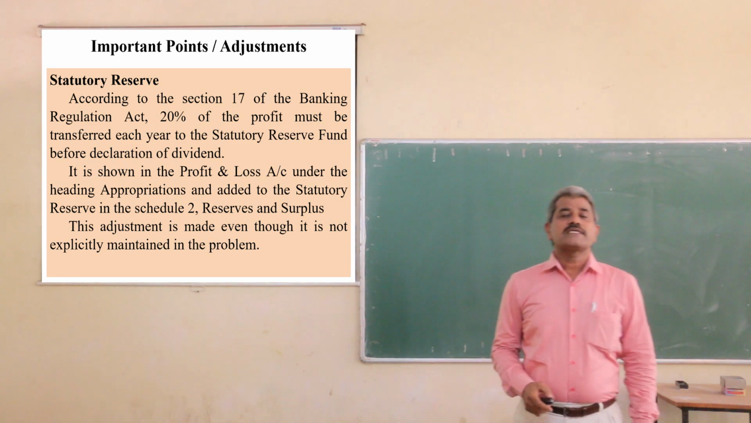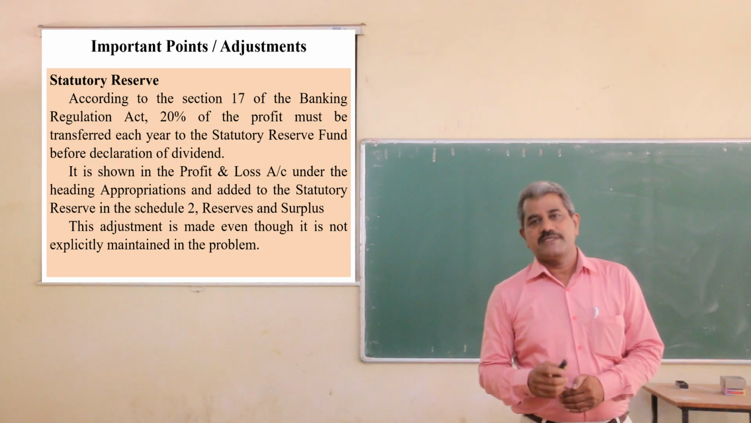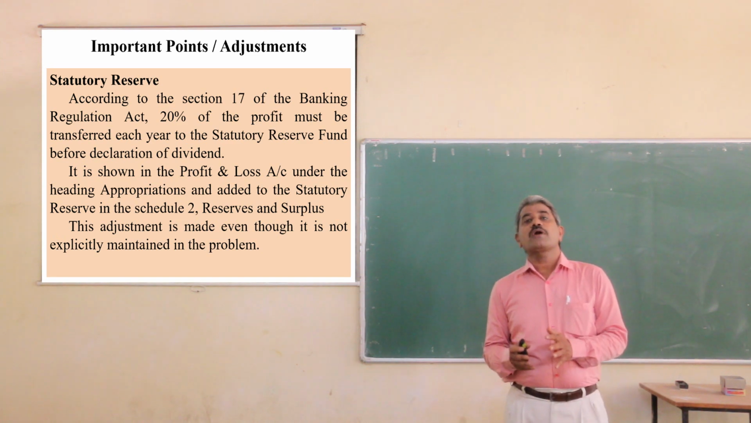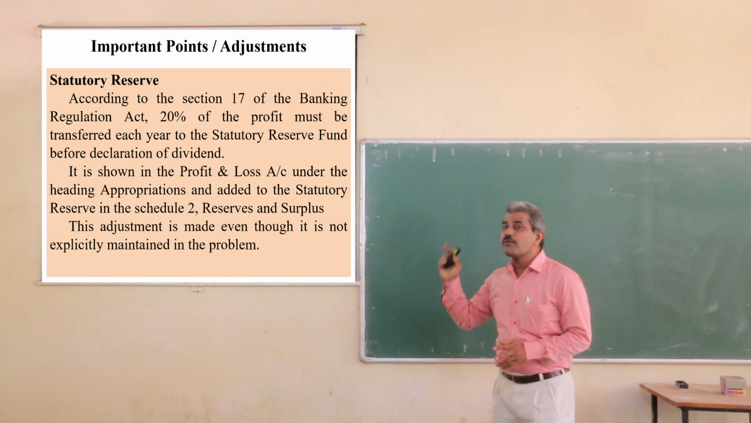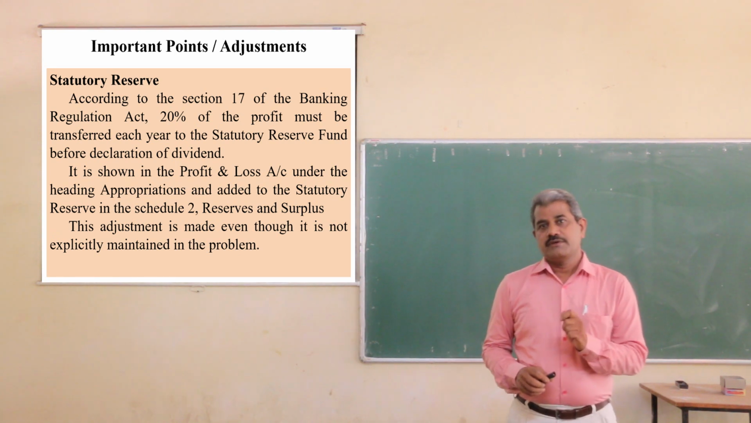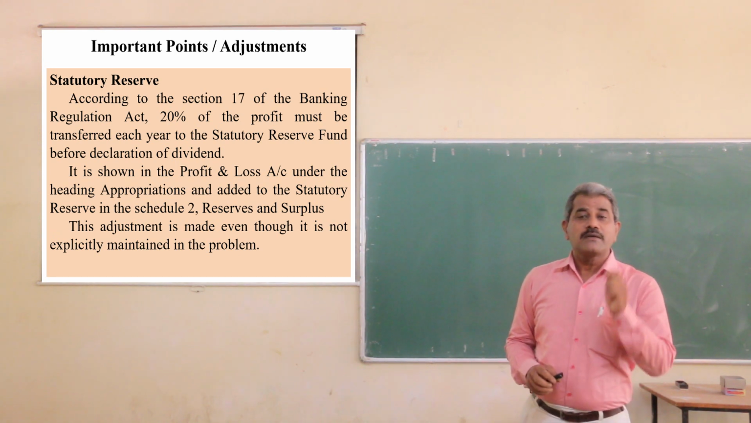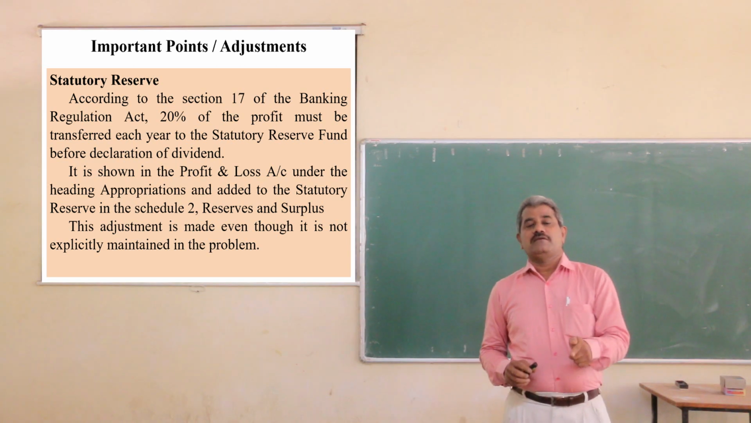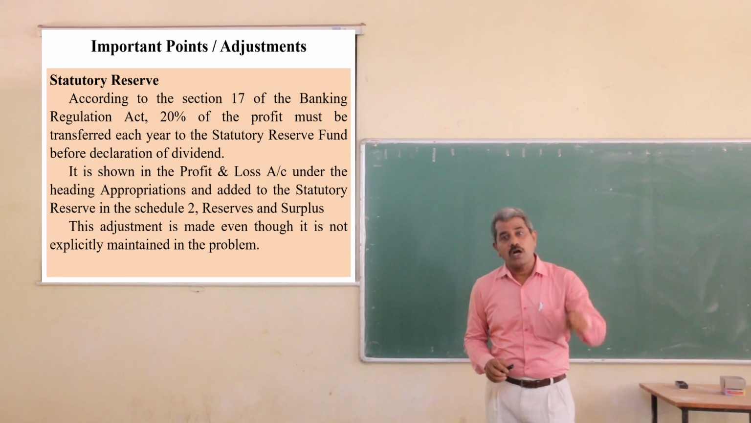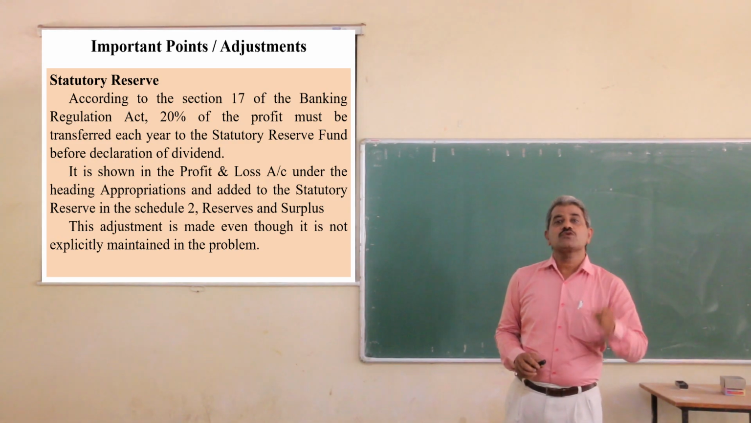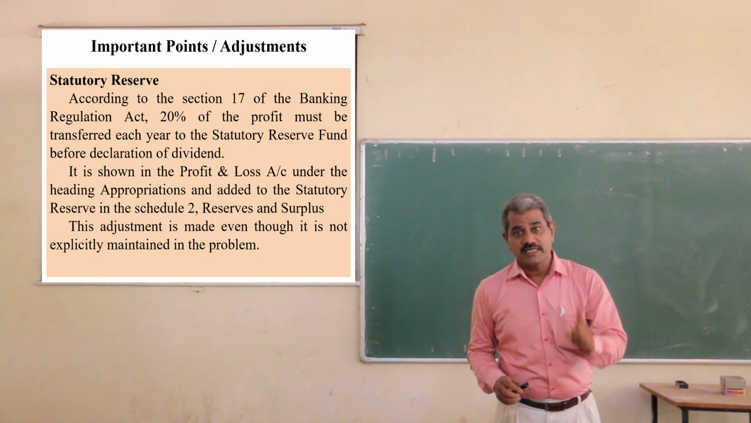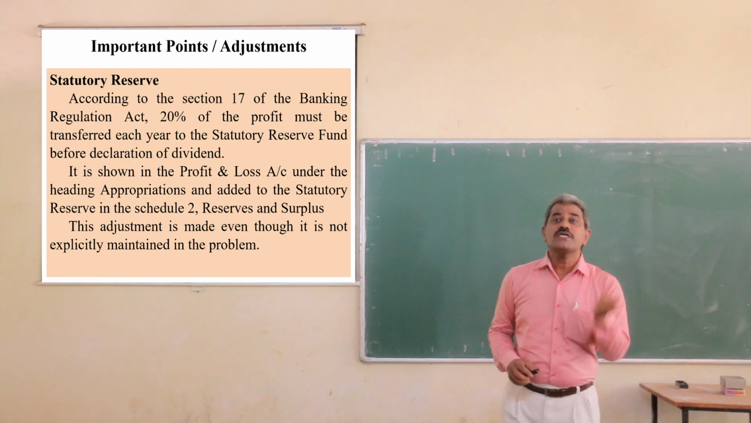Then we will turn to the adjustments, or some important points. The first important point is statutory reserve. The bank has to maintain it. It is mandatory by law that every bank has to maintain a statutory reserve fund. Statutory reserve fund. And to this fund,